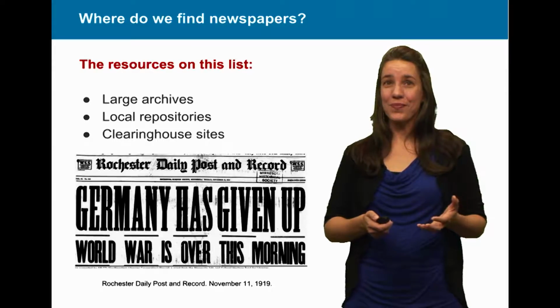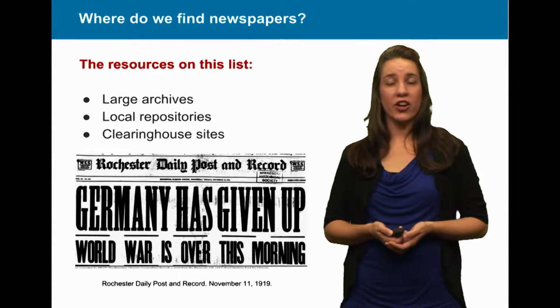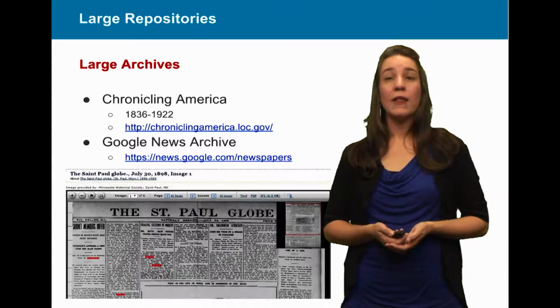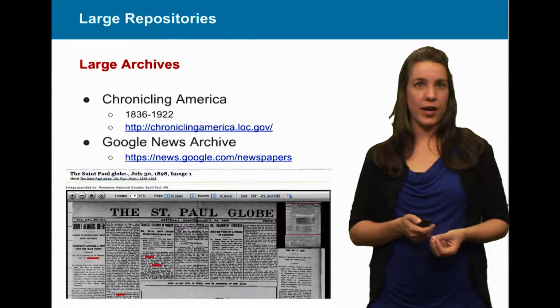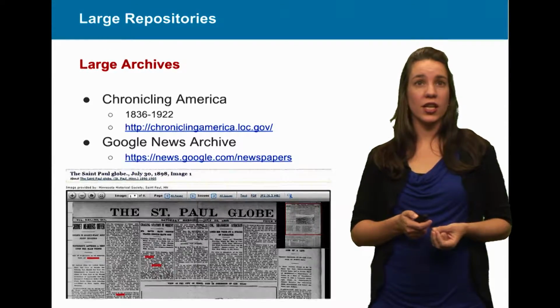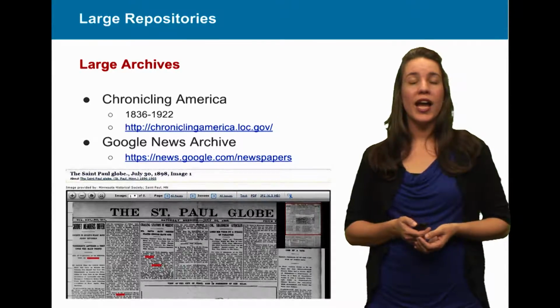So where do we find them? Well, the resources on this list include a couple of different things, some large archives, some local repositories, and some clearinghouse sites. The best place to start if you want to look for newspapers is Chronicling America, which is through the Library of Congress. It is a digital collection of newspapers from 1836 to 1922, and you can search by